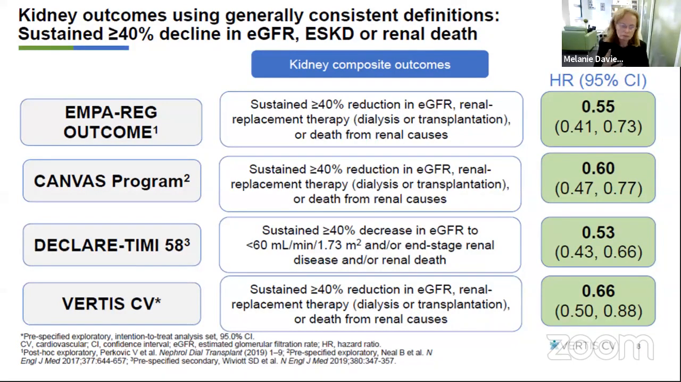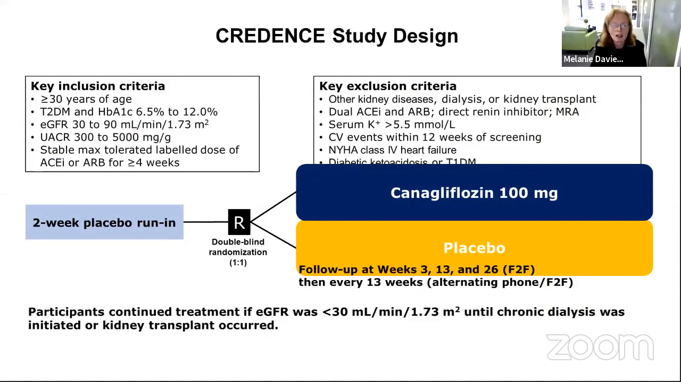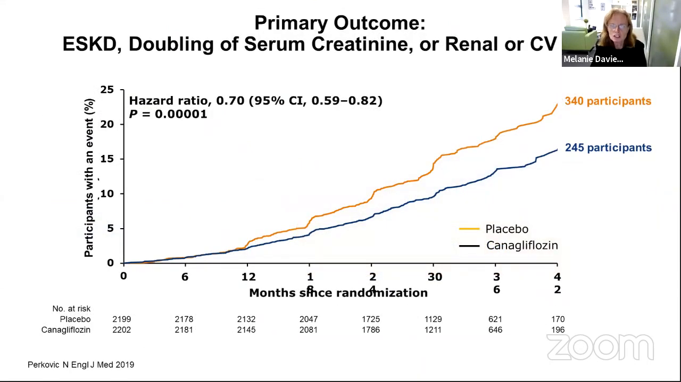Now, you can argue that, if you set your study up and you define your endpoints as you do, then you really shouldn't look at this. But I think it gives us some confidence in the class that there does seem to be a robust impact on kidney function. Just looking at CREDENCE, because this was an important study,